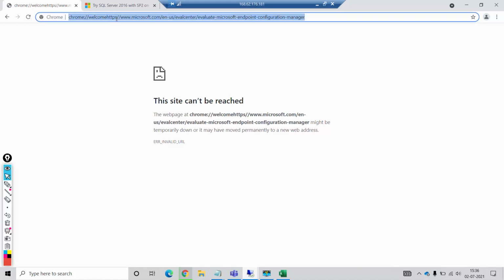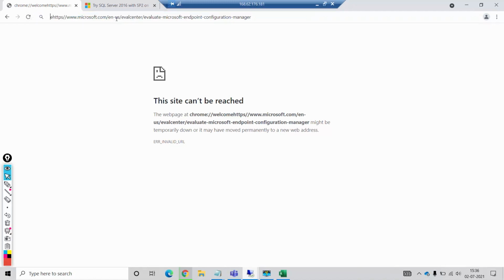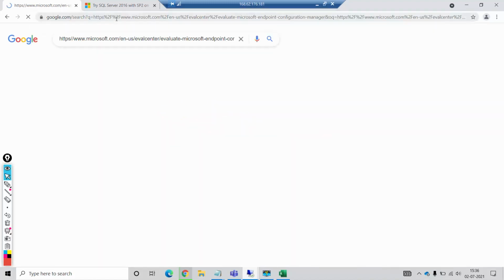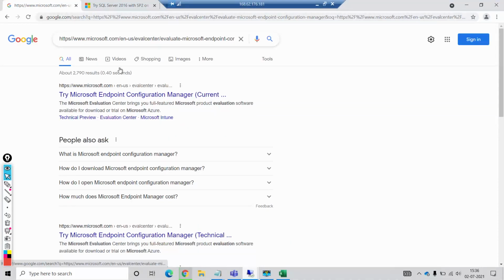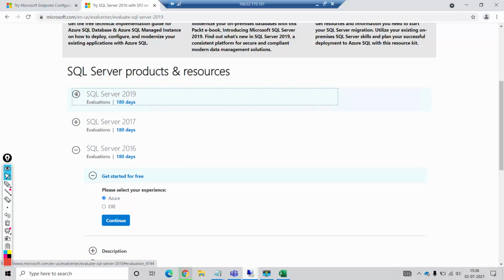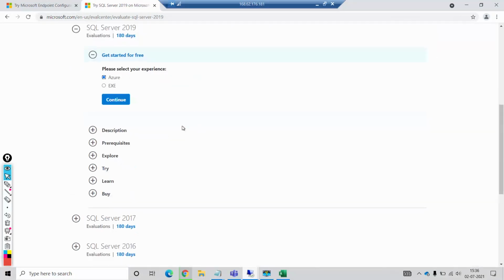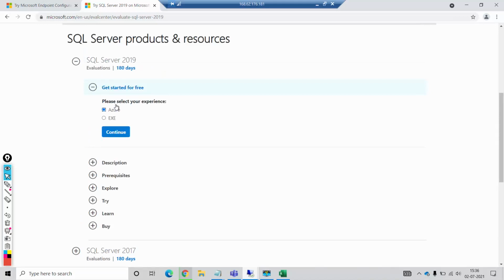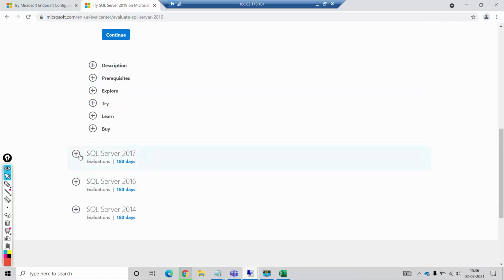Okay, so first I'll download SQL Server 2019. Right, we'll select exe. Don't select Azure, we'll select exe. So you can download 2017 also, because 2017 is supported.